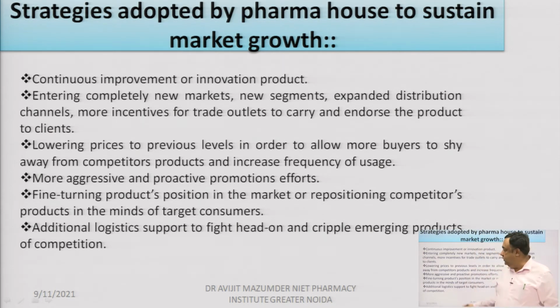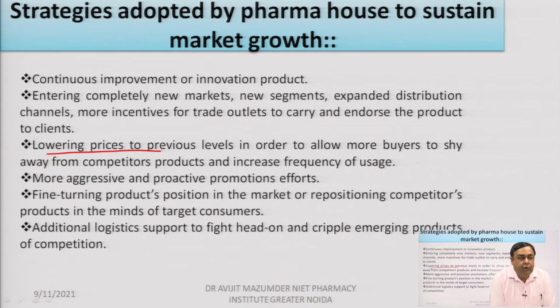So, what you do is, we sometimes lower down the price, so that your customers are not migrating to the other company's product. More aggressive and proactive promotion efforts are taken, fine tuning the product's position in the market,